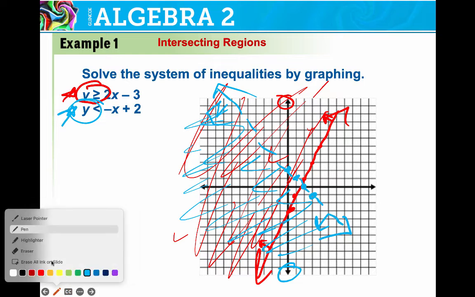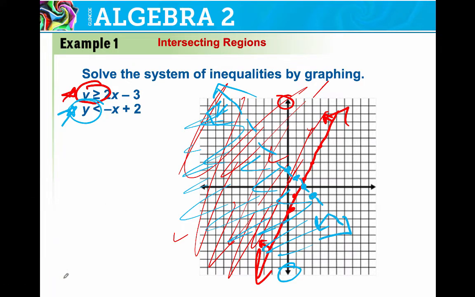Let me grab a highlighter. Oh, that's zesty. Highlighter, let's see. So this region right here is the overlap of the red and the blue. So these are the points that satisfy all of the given. So we're looking for where the two of them overlap, and those are all of the points that satisfy both